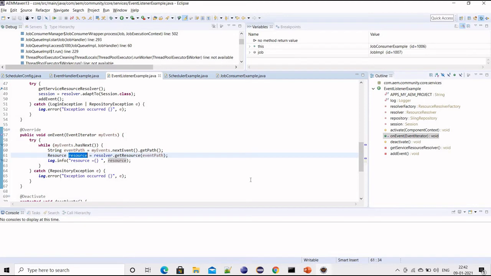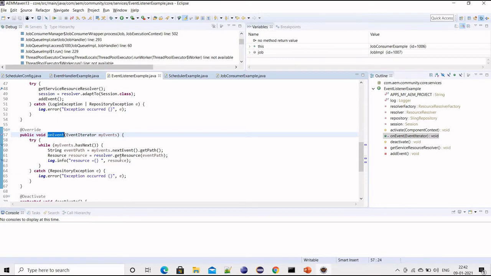Of course, in real use cases you are going to do something with that path, maybe with that property, or on which path that property or node is added or removed. But just for the sake of this demo, I'm showing how we can grab this information in the onEvent method, and then we can use it.